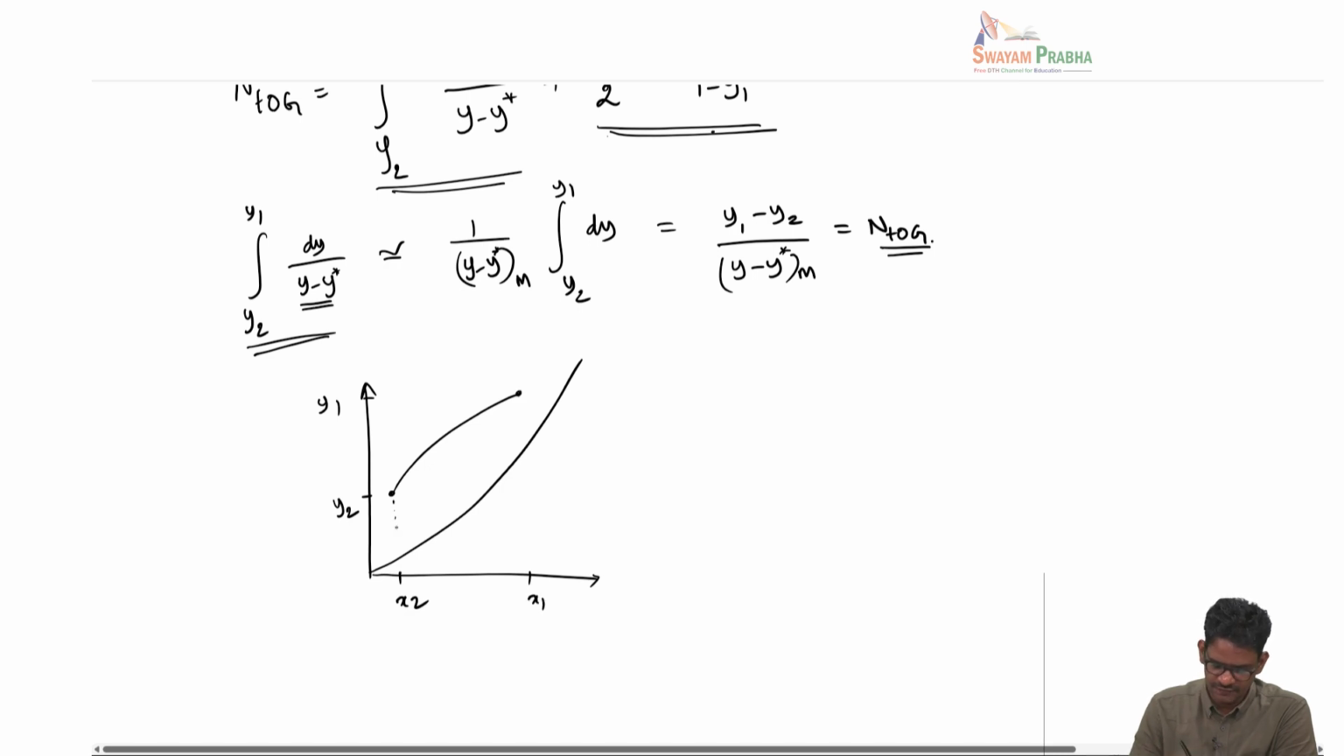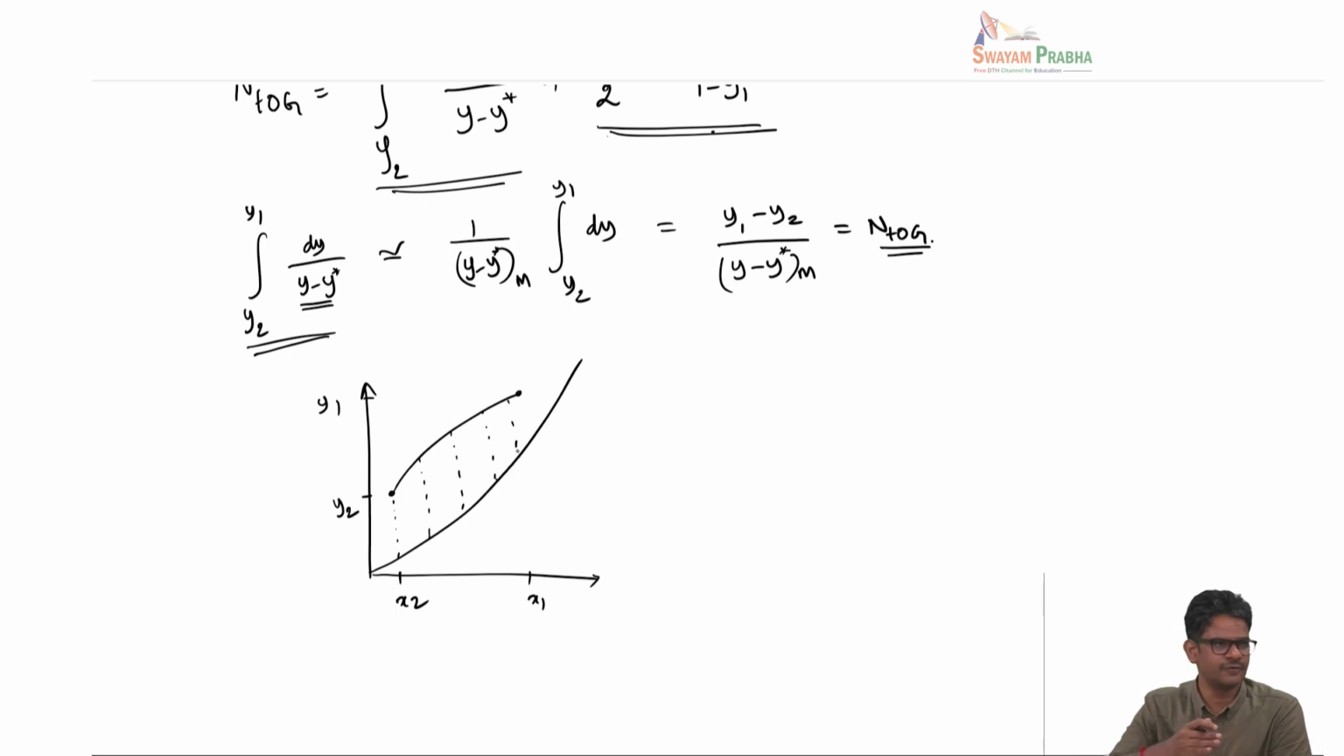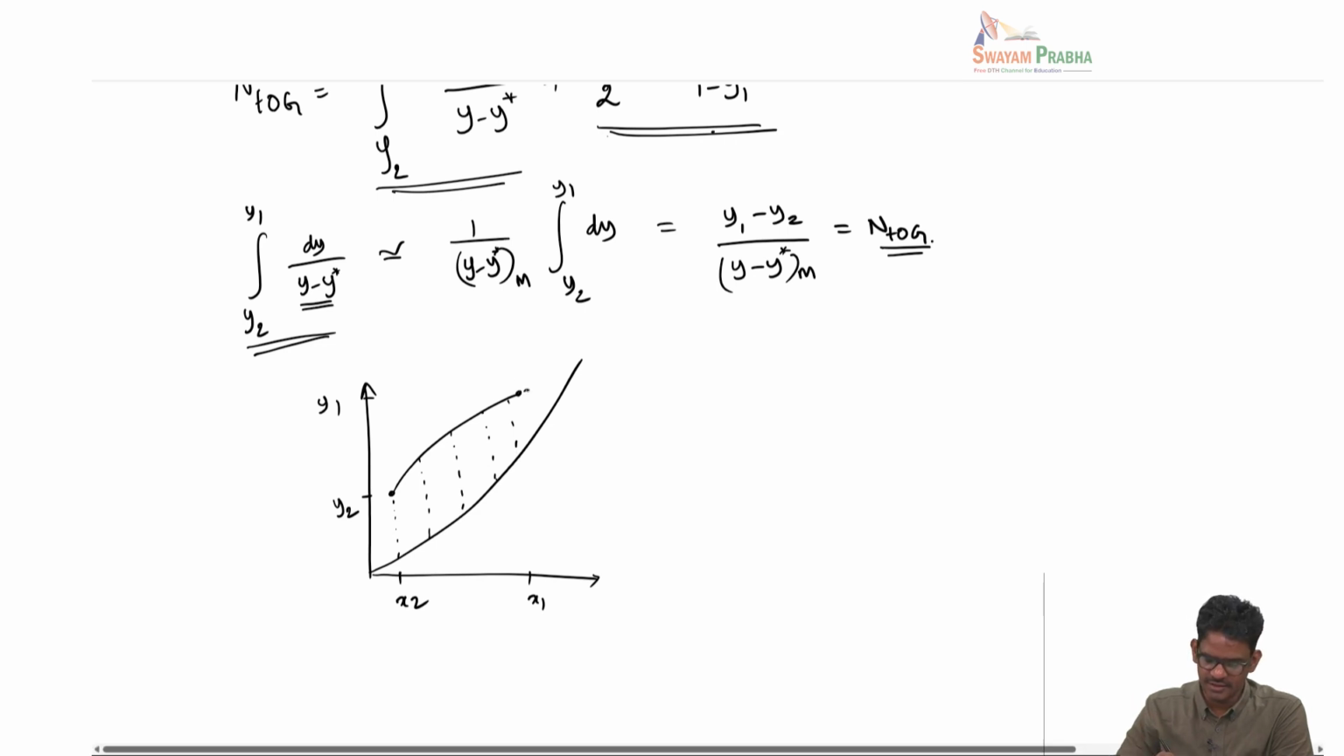Now these are the driving force for me. This vertical line is y minus y star, and you can see that across the column, going from bottom to top, the driving force changes. But what I'm saying is, I'm going to take the driving force at the exit and entrance,